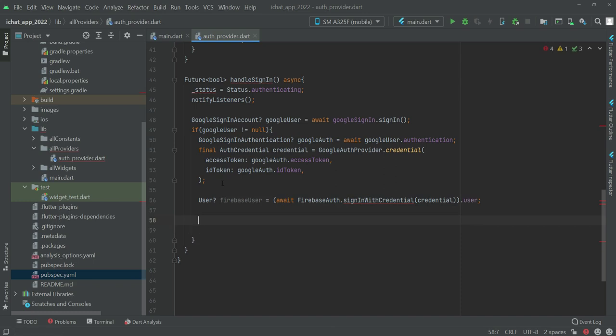Of this right here we will add an if condition again, and in here we will say that if the Firebase user is not equals to null,